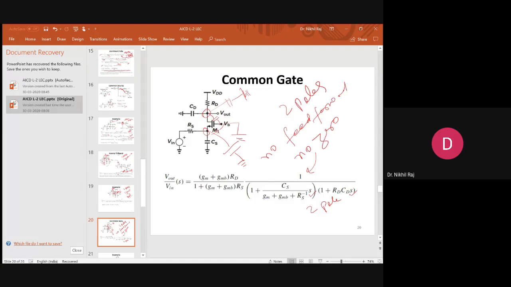Okay, so whatever we are doing is roughly estimating how many poles and how many zeros. The location we don't know, but we can say whether any zero is lying in the right half plane or everything is going well when I am doing any circuit design. Whenever we design a circuit, in between we do all these analyses so that our work is not wasted. If suppose at some instant of time we reach the final circuit and only then the instability arises, then we are just wasting our time. So whenever we are doing a multi-stage amplifier, a complex circuit analysis, at each stage we try to ensure that our design is going in a stable manner.